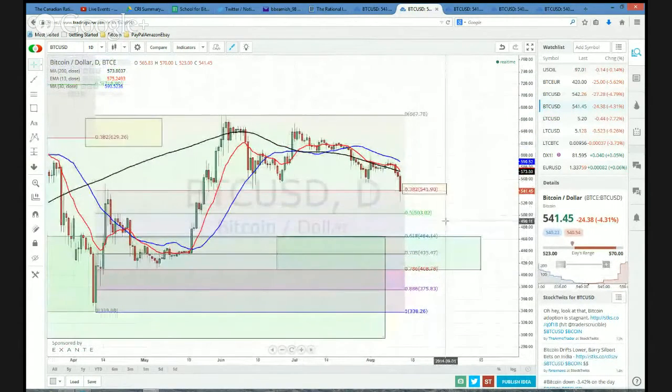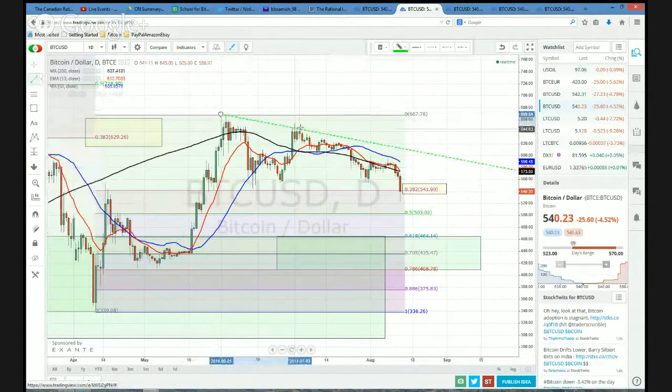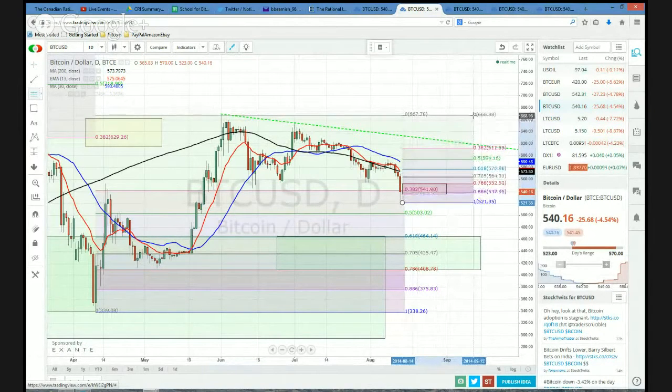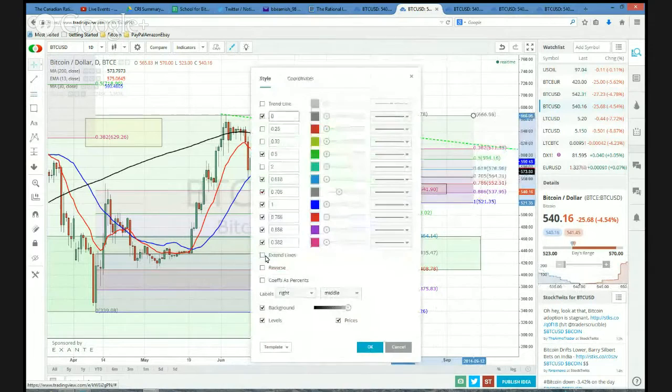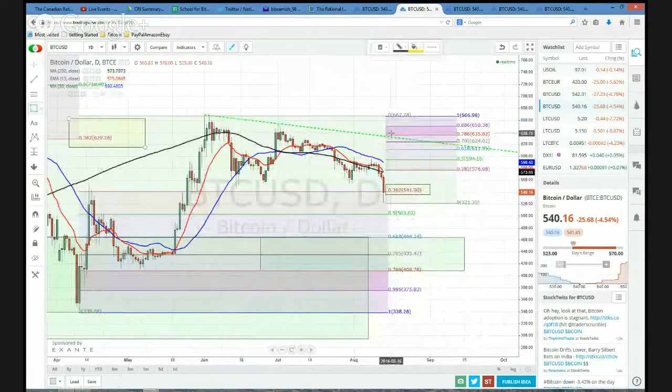So I wouldn't be surprised if we have some sort of counter trend rally coming out of this event, just because it's such an important number. And if we draw just a simple trend line off of these peaks, you can see that we could realistically rally right back up into this area here. And if we start conjecturing about OTEs going the other direction, then really we can start focusing our attention on the OTE short off of this range, right? So that's right up into here. Isn't that interesting?